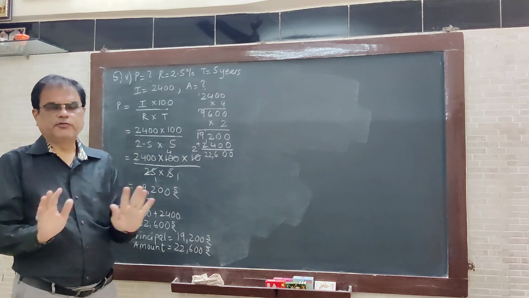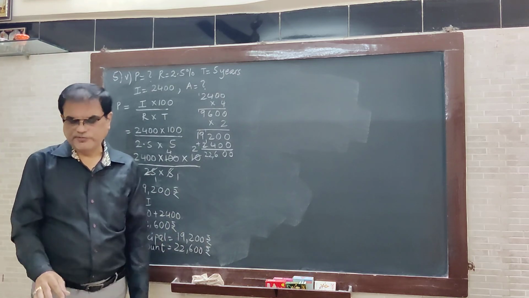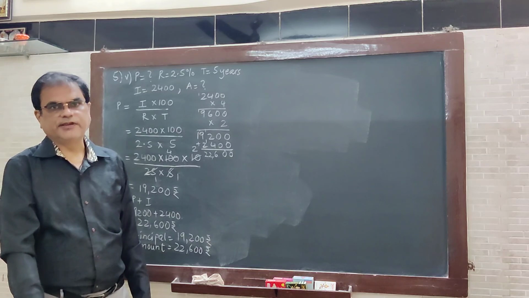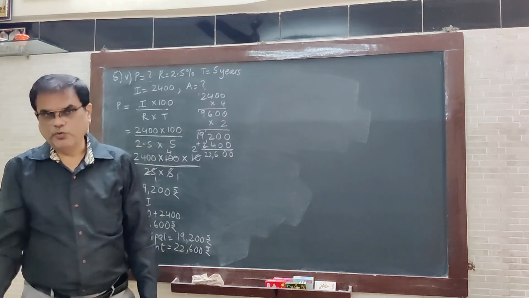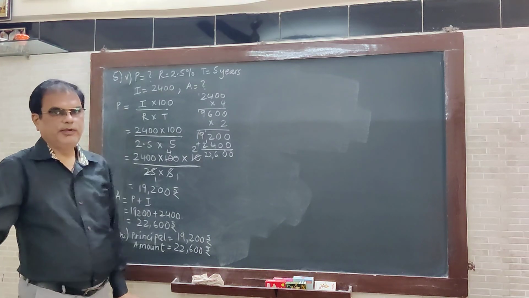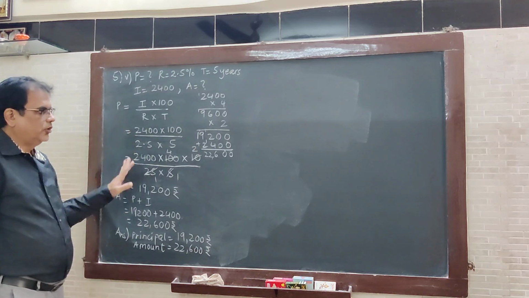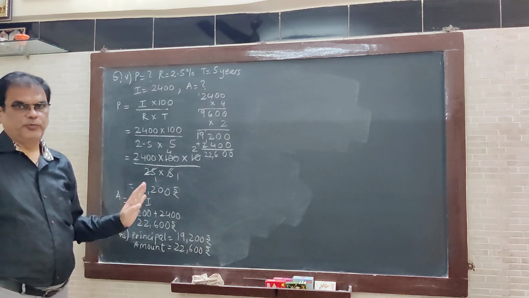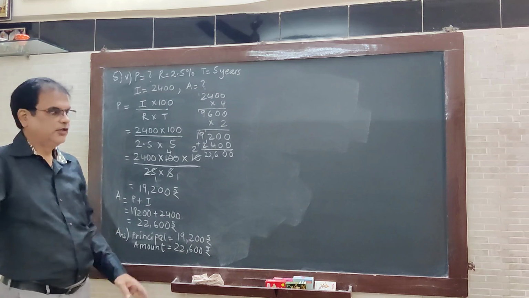So we finish off with the full chapter. I have done all the sums. I told you only practice set 40, sum number 4 is omitted, okay? All remaining sums are there. So all the sums I have done very nicely. I hope you must have understood it very nicely, okay?